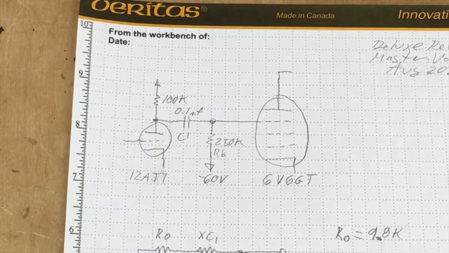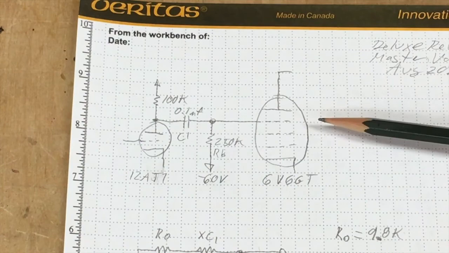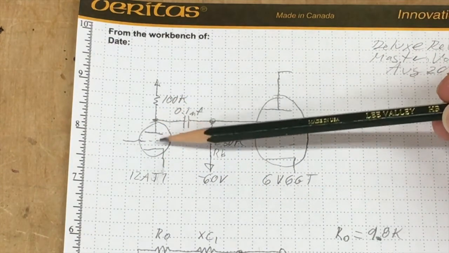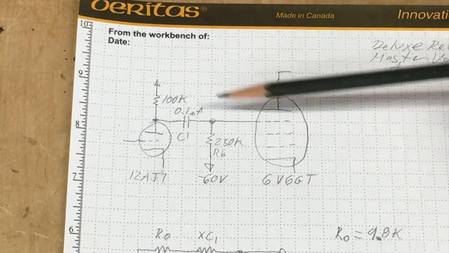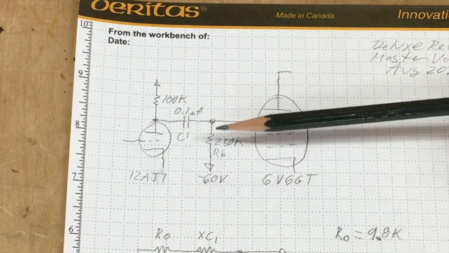Okay, let's talk master volumes. So the Deluxe Reverb is a fixed bias amplifier. If you look at this schematic here, this is a partial schematic of the output stage. This is only one of the two output tubes and one half of the phase splitter. But for our purposes, it explains the spot where we're about to inject bias and also perhaps put in the